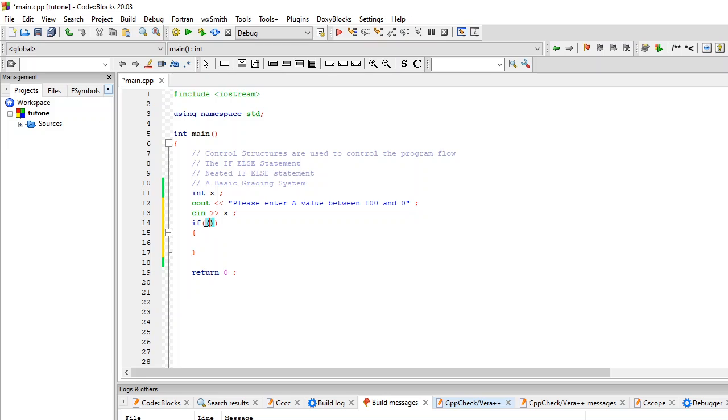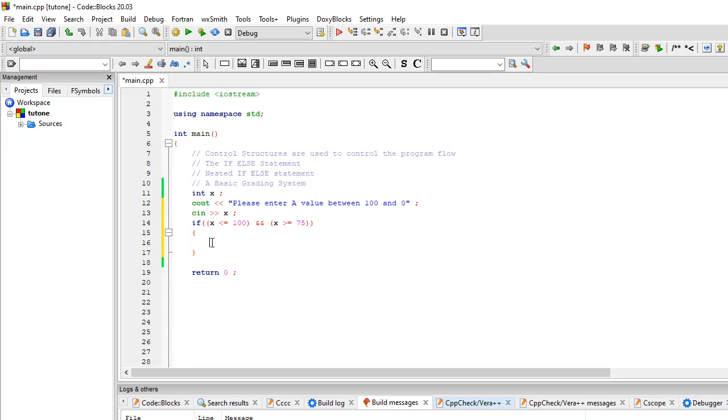Say if x is less than or equal to 100 and x, you remember the and symbol, x is greater than or equal to 75,